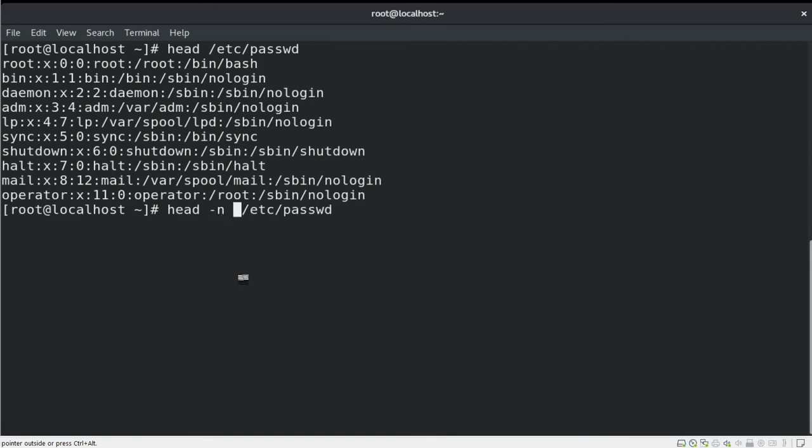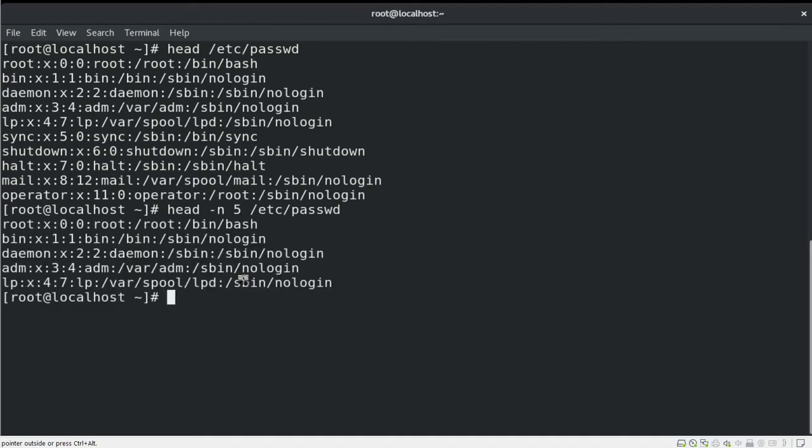If you wanted to check, let's say, only the first 5 lines, you can provide the -n option along with your head command, the number of lines, and finally the name of your file, and this will show you the first 5 lines only. This number can be increased to more than 10 lines.